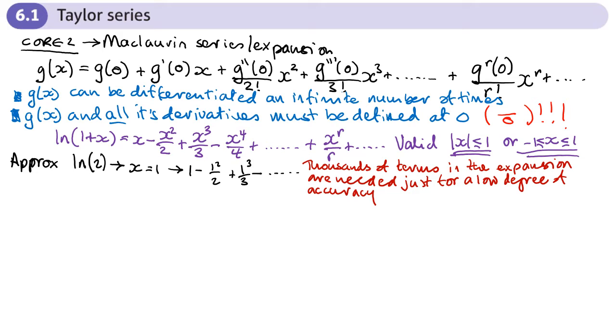The first limitation we've looked at: what if we have a function which is not defined at 0? How are we going to deal with that? Do we not deal with them at all? And how do we get across this problem here of having a limited amount of accuracy? Is there something we can do to improve that? And you'll be pleased to know, yes, there is a way we can overcome both of these problems, and that